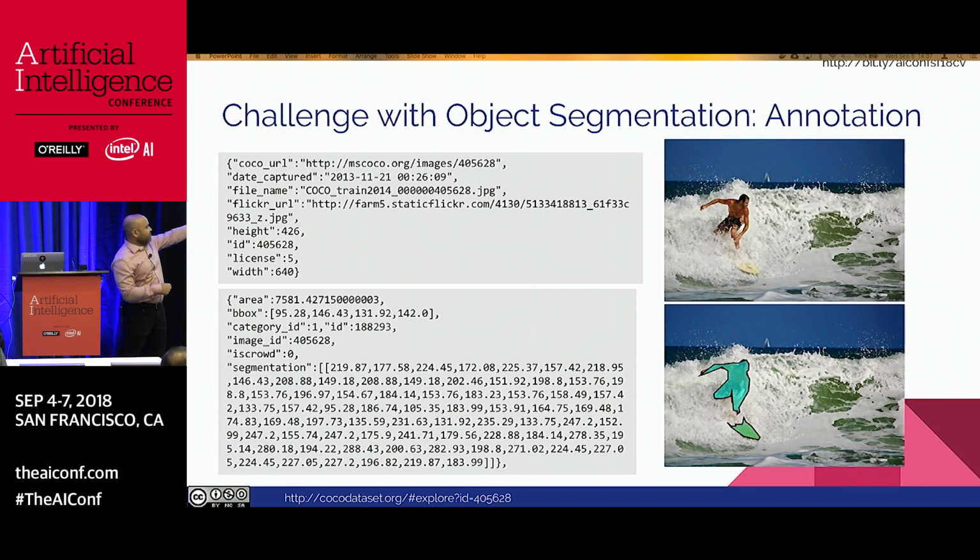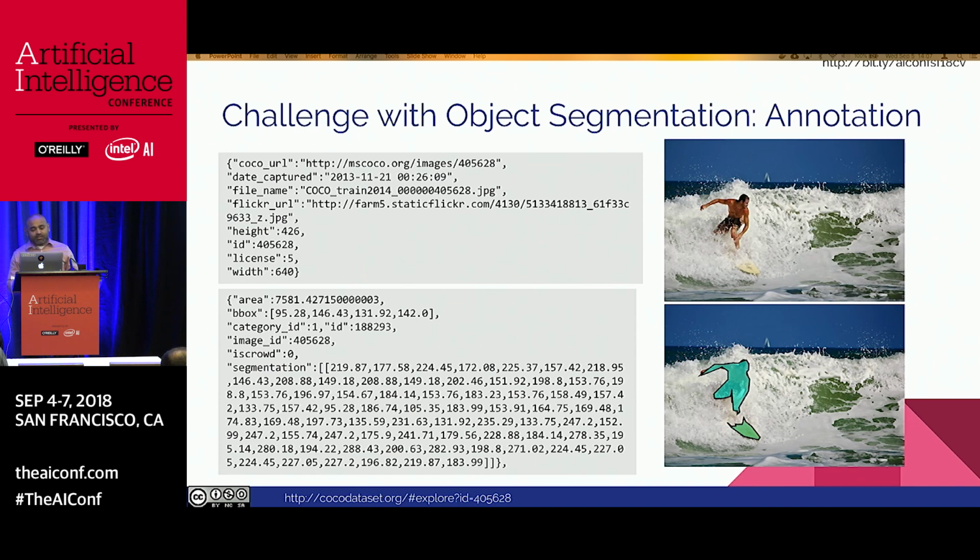So there's a surfer and the surfboard, and those are two objects that we have. So the annotation, as we showed the annotation for bounding boxes, which, looking back, is just so simple, because look at the annotation for segmentation. It's a lot of points and a lot of detail. So the biggest challenge right now with segmentation is the lack of this type of data sets. It's very costly and very expensive to segment images and